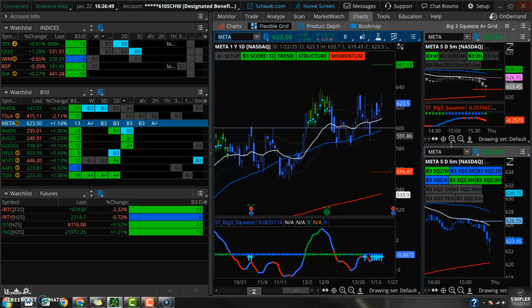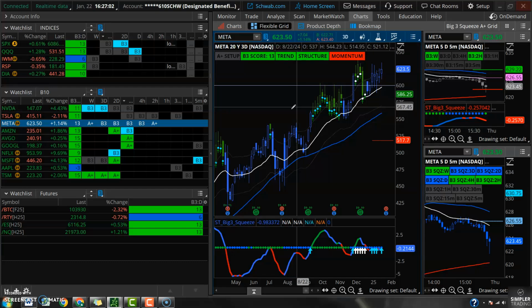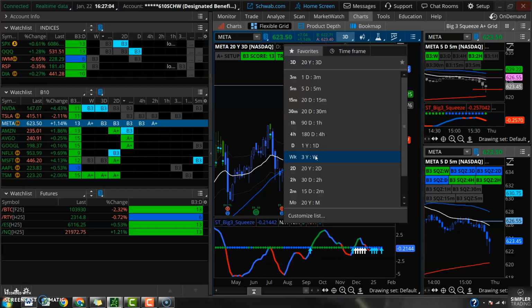Looking at the weekly, 3-day, 2-day, daily, 4-hour, 2-hour squeeze, for the most part, the indicator likes it for a push higher. Daily chart gets a score of 13. If we go look at the 3-day squeeze, I know that gets a 13 out of 15. And then for the weekly chart,